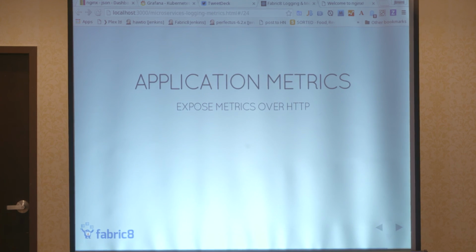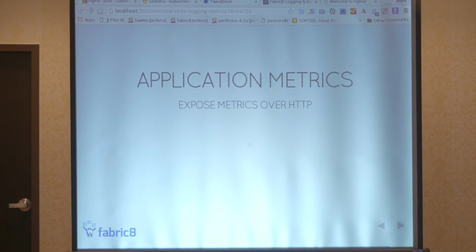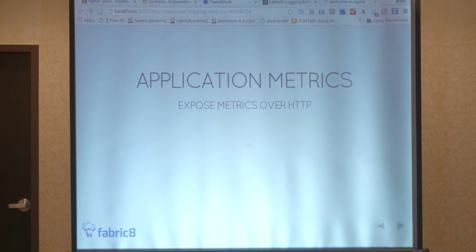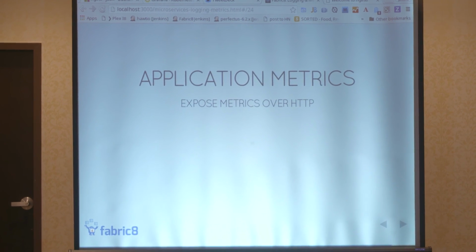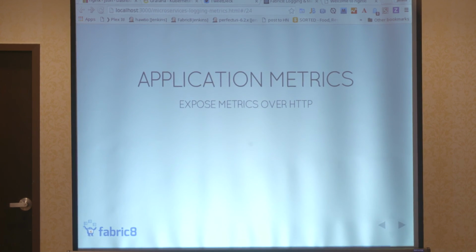So I'm going to show you briefly some metrics from a JVM. I'm going to show you some metrics from HAProxy. If you don't know, it's a proxy server. I'm going to show you some metrics from something else. Oh, from Kubernetes itself, even, because that's still an application, right? So I'm collecting metrics from a Go application, a Java application, and C, I guess HAProxy is, in a consistent way. All I'm doing is exposing those metrics over HTTP. So just like before, where we sent our logs to standard out and standard error, what I'm going to do with metrics now is expose them in a consistent way. I'm going to have a little HTTP server that goes, okay, here are my metrics. So I'm going to collect them in a consistent way.